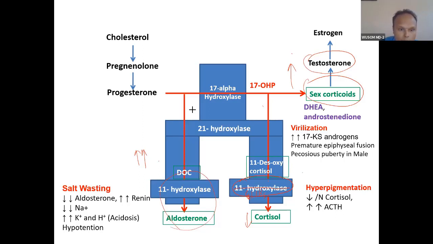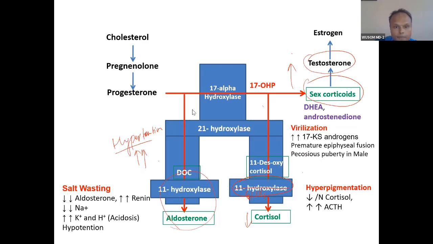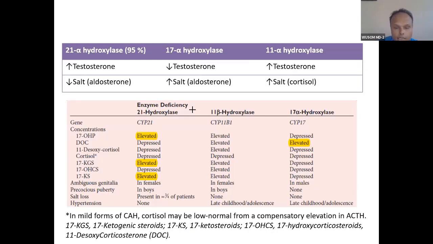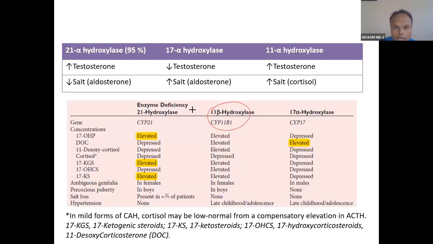So in addition, in 11 hydroxylase deficiency there will be hypertension. You can memorize this tuning fork image, and then you can picturize everything here. So 11 beta hydroxylase, you can see this is beta. B1 is beta hydroxylase. It's deficient. So this 11 beta hydroxylase deficiency will cause elevated sex steroids and then aldosterone-like molecules.